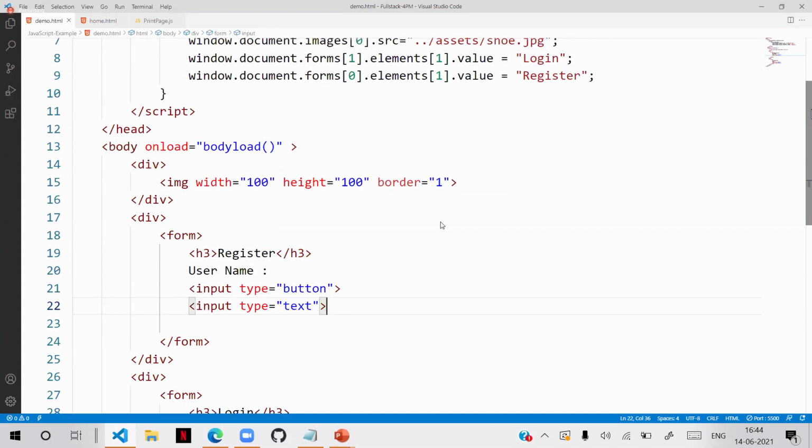Why? Because generally new elements may be added, some modifications may be done in the page. Sometimes new contents will be added. And if the position of the image is changing, then we have to change the index in the code every time.